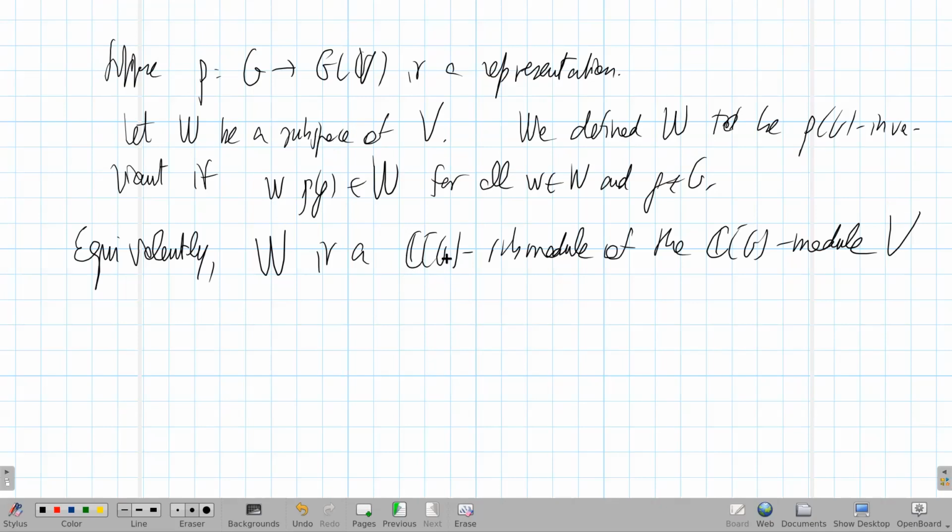And then it's invariant under, you will see this in a second, the multiplication by elements of G, so it satisfies this. Why? Because